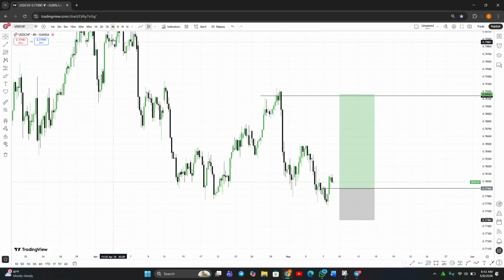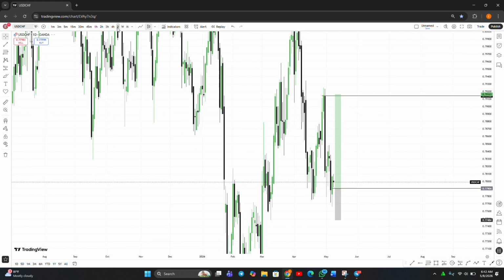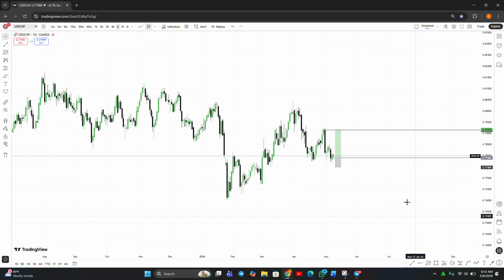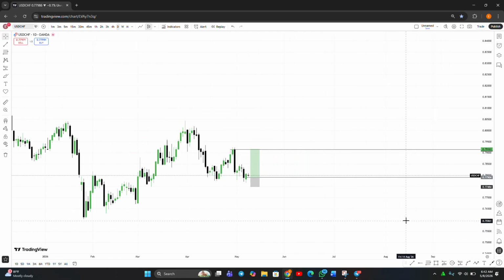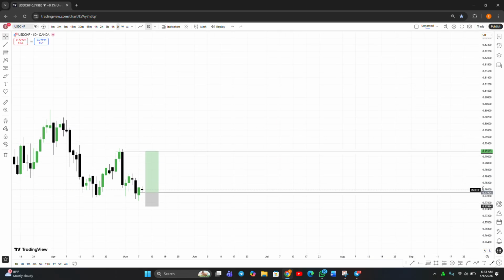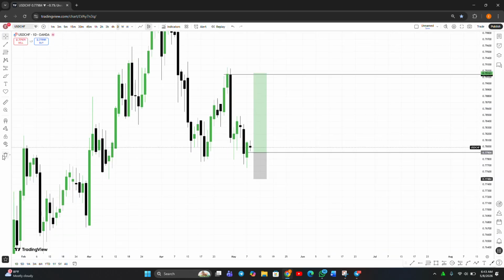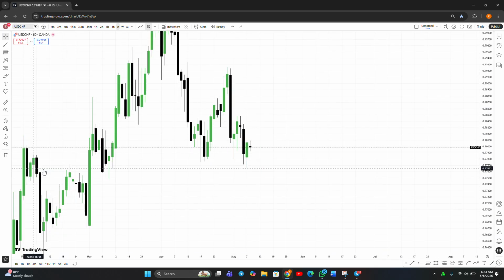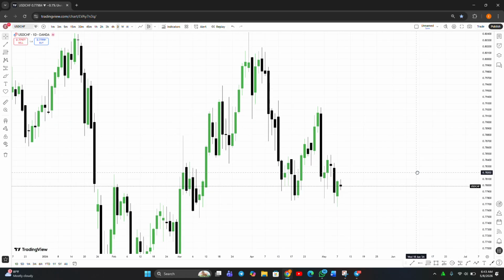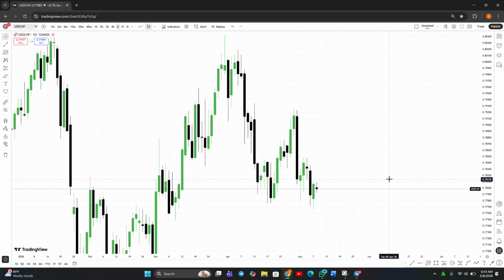I had the higher time frame, the top down on the daily time frame. So let me break down what I saw in this setup. I'm going to delete everything from the start. Now look at this. If you're looking at this, you could see that we're having some series of lower